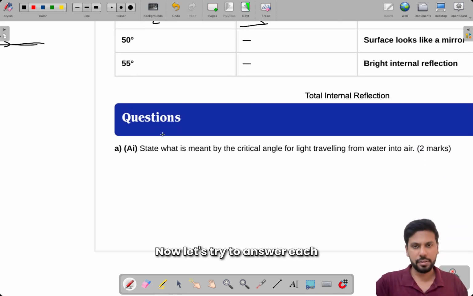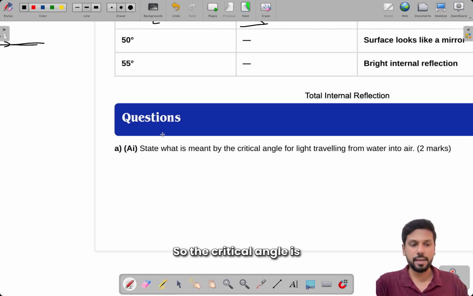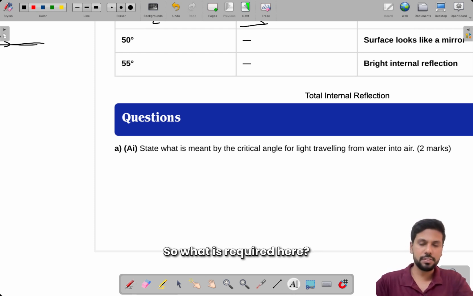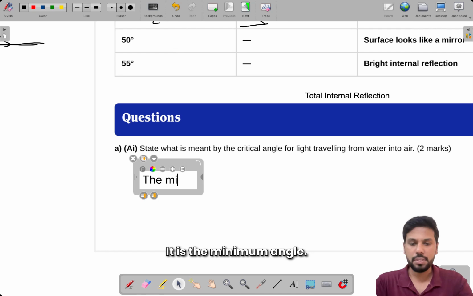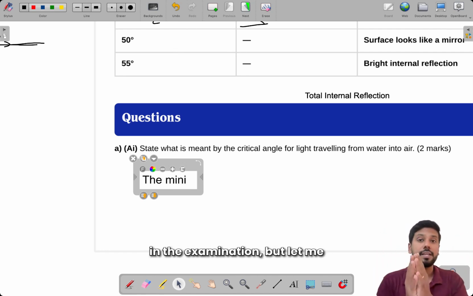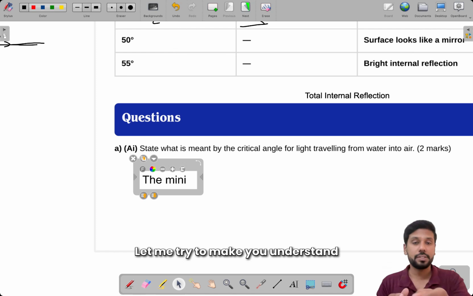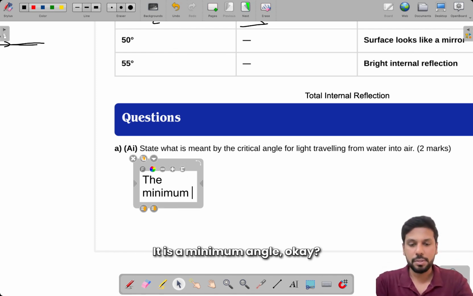Now let's try to answer each question. State what is meant by the critical angle of light traveling from water into air. So the critical angle is the minimum angle. I'm not writing the whole thing as it has to be written in the examination, but let me make you understand what these concepts are. It's the minimum angle